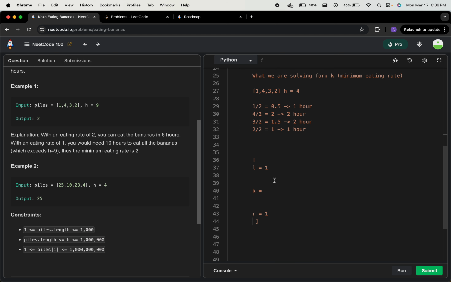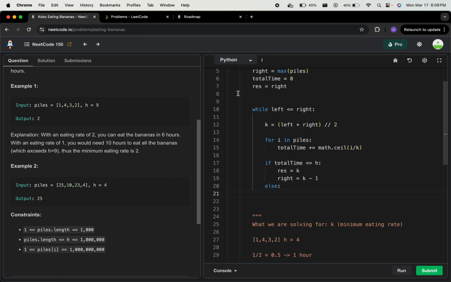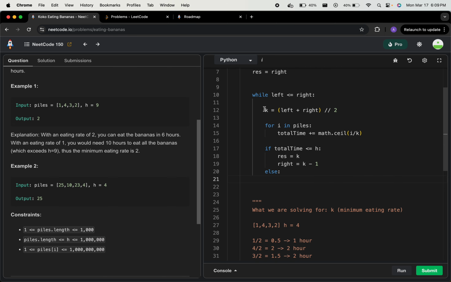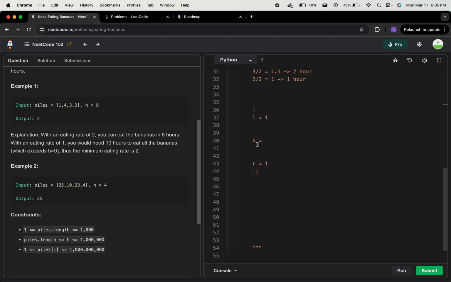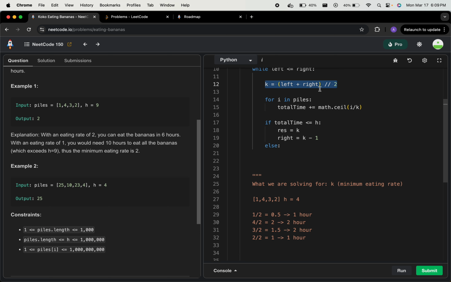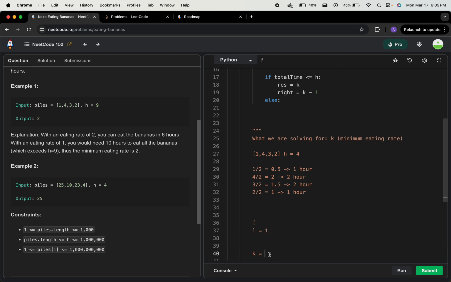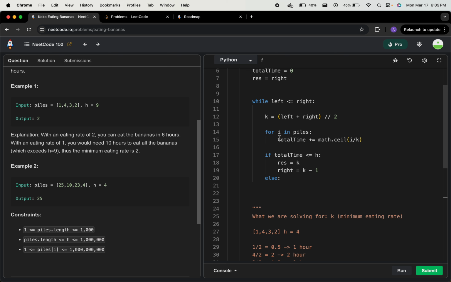Now going back into the iteration, we check to see if we have anything smaller. k is now equal to left plus right, 1 plus 1, divided by 2. That equals 1, so k is now equal to 1. We're going to go in here, for i in piles, and do that again. If total time is less than or equal to